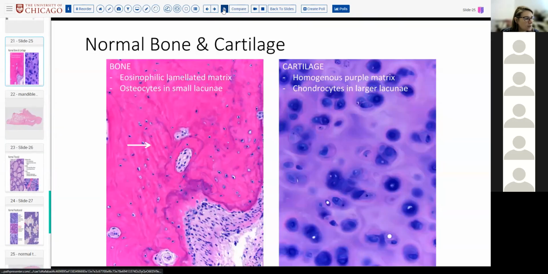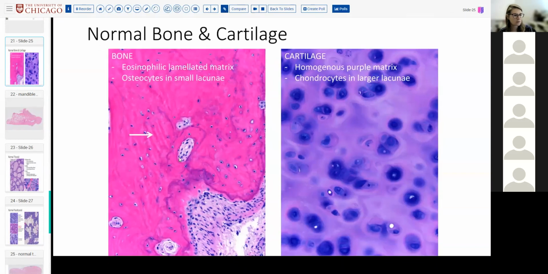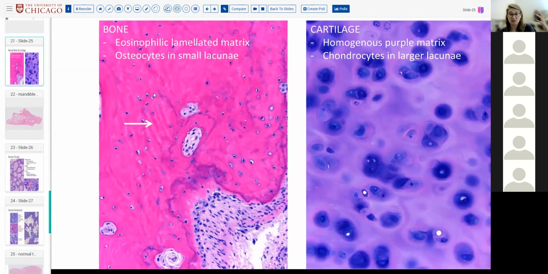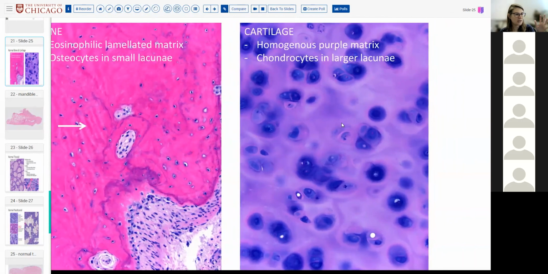All right, we talked about bone. I'm not going to belabor this slide too much, but telling the difference between bone and cartilage, right? Bone, in its mature form, has lamellae with osteoblasts rimming in times of remodeling. Cartilage, I apologize,